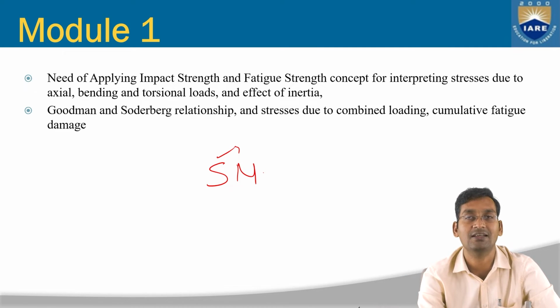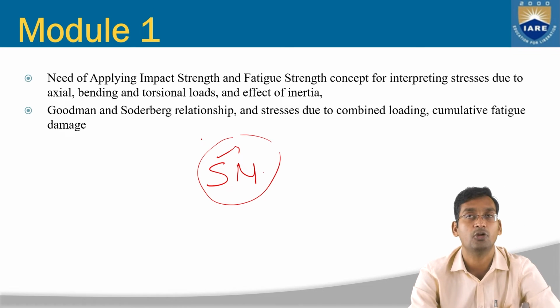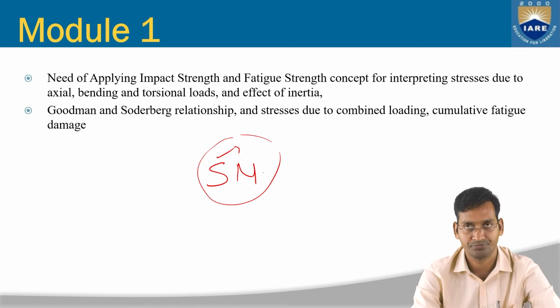So after a number of cycles, how the strength, or up to what level that material or that member can sustain the stress before the fracture, that is represented by the SN diagram. That also is different for different materials. The student will also be able to apply the concept of that by using the Goodman and Soderberg relationships. Again, this gives in terms of the endurance limit, ultimate stress, yield stress, right? The relation between Goodman and Soderberg, just differences. One is for ultimate stress, that's Goodman, and Soderberg is for yield stress.